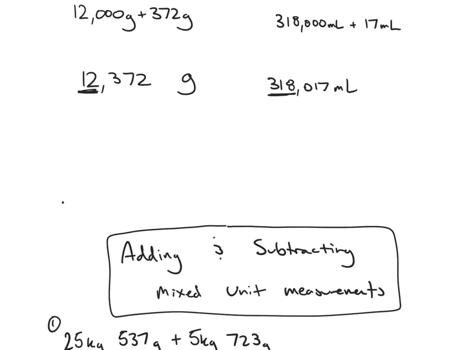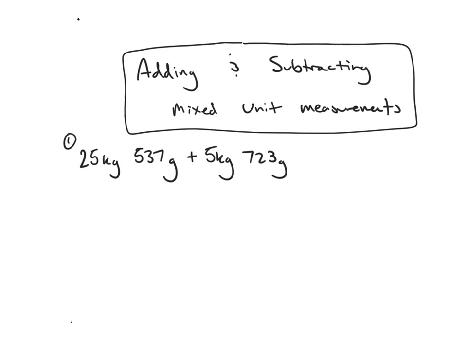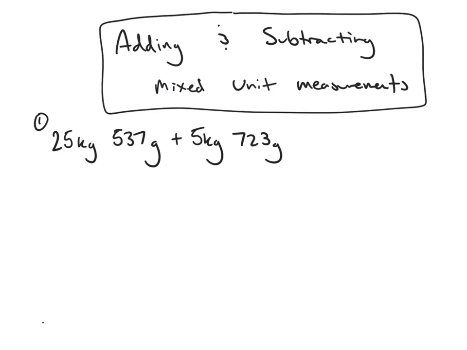So continuing on with this idea of converting different measurements here, we can use that relationship between the different measurements to add and subtract mixed unit measurements as well. So here I have a mixed unit measurement with mass, so I have 25 kilograms and 537 grams, and I'm going to add that to 5 kilograms, 723 grams. So the strategy that I'm going to be showing is I'm going to convert both of these measurements so that they're represented just in grams first. So the first number here is 25,537 grams, and the second number would be